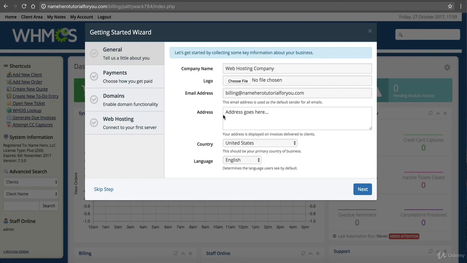Next is the address. This is going to be your physical address that's going to be on all of the invoices that you send. So I recommend, if you don't have a physical office, you probably don't want to use your home address. So I recommend going to the UPS store and maybe getting a PO box, or just having an address you can put on your invoices. If you're running a business, you might have a business address, or you might have a virtual office that you can use. But you definitely need to put a physical address in this field here, so you have it for your invoices. For me, I'm just going to enter